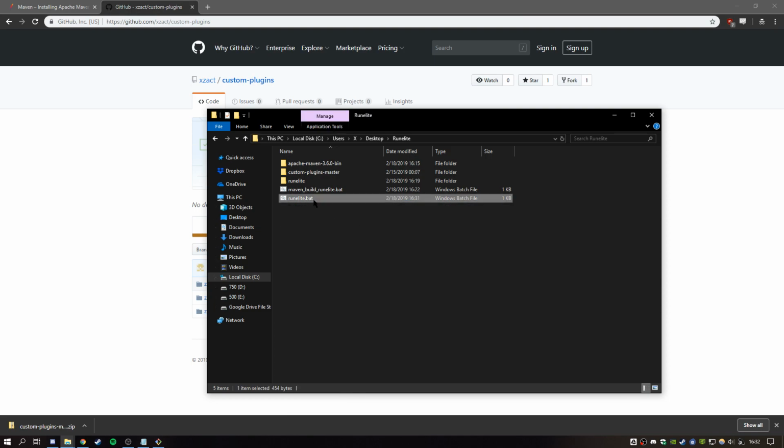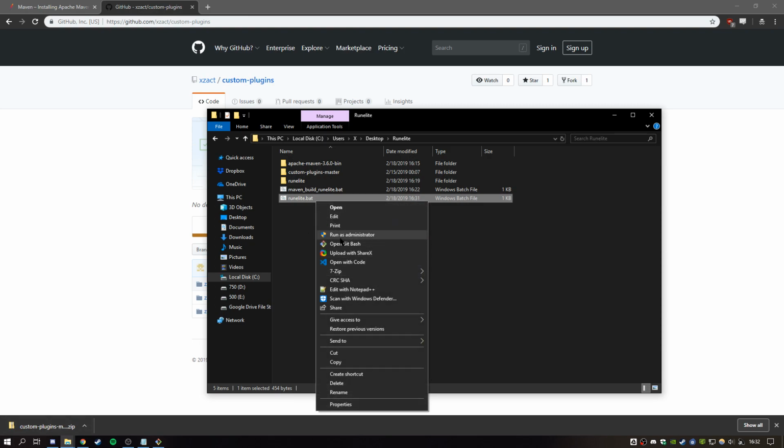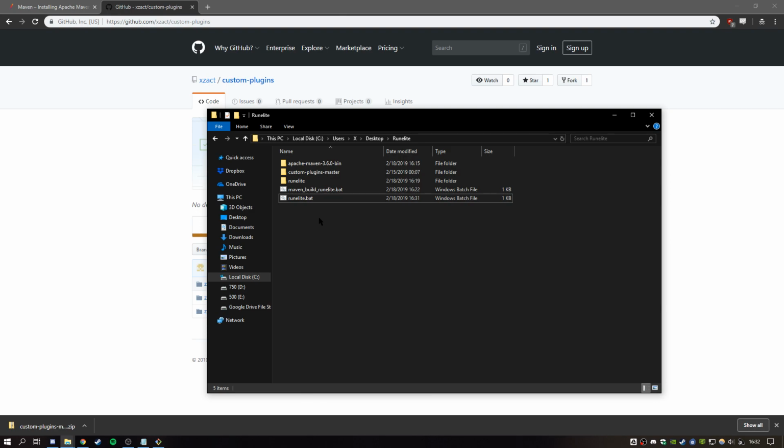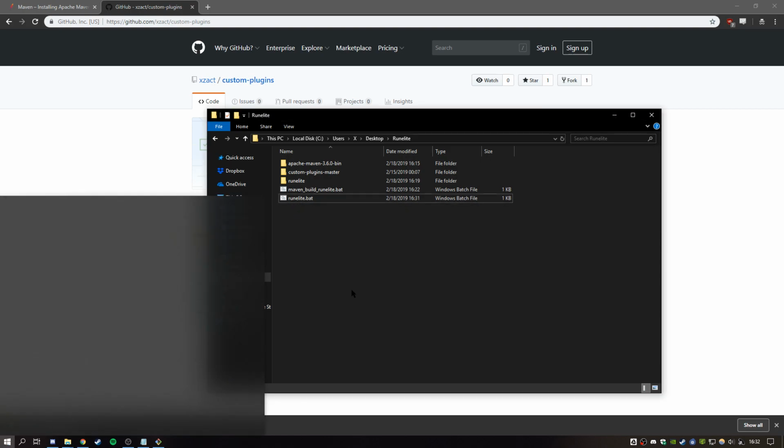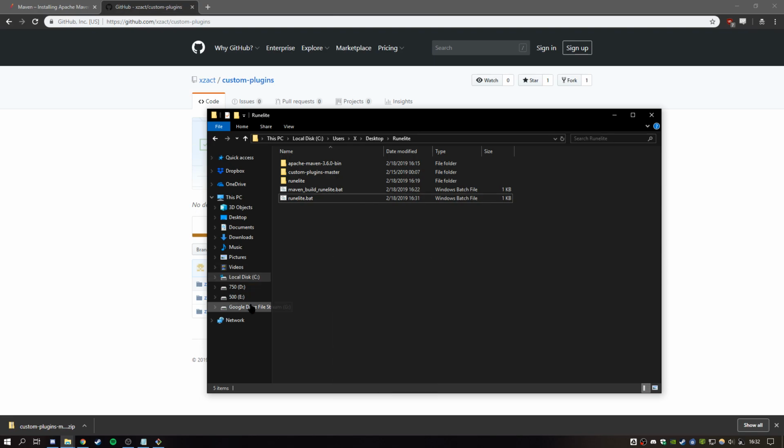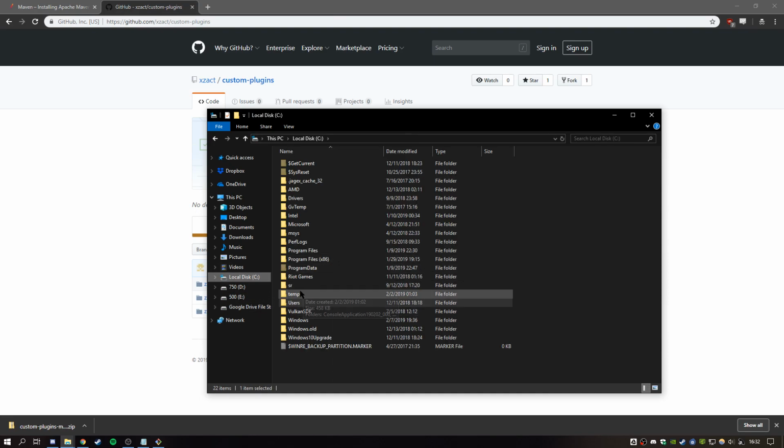But the main part is you cannot put this on your taskbar. Windows doesn't allow you to put a .bat or a .jar on your taskbar, and neither does it allow you to put it on start. I cannot pin it to start. So that's why I make this into an exe, so I can pin it to start and pin it to my taskbar really. So if you want to do that, you're gonna want to go